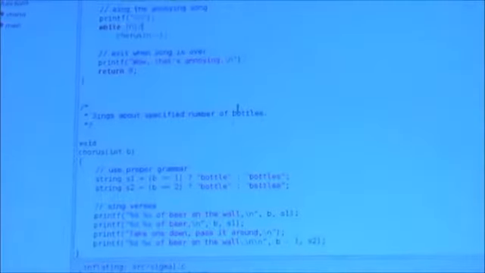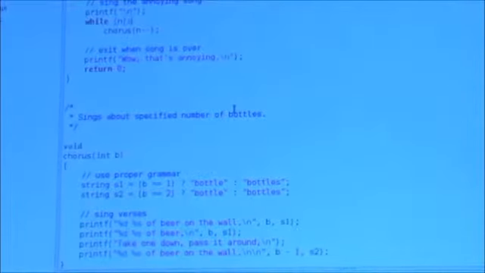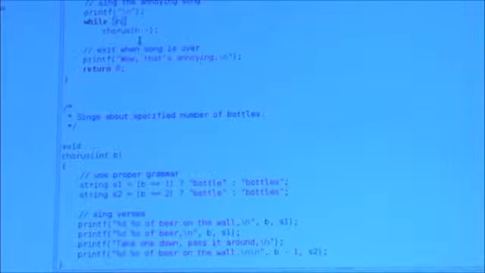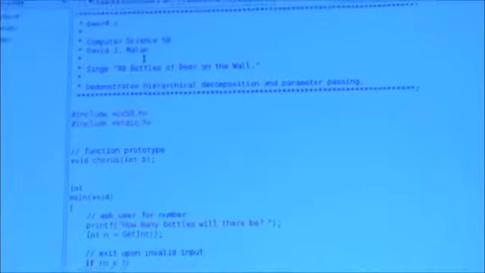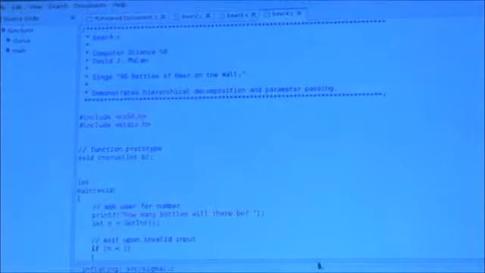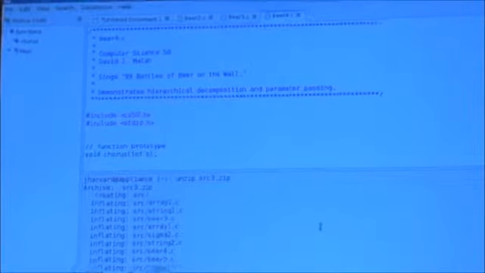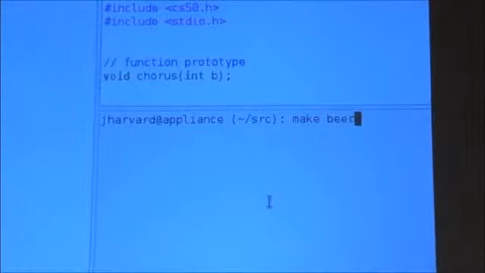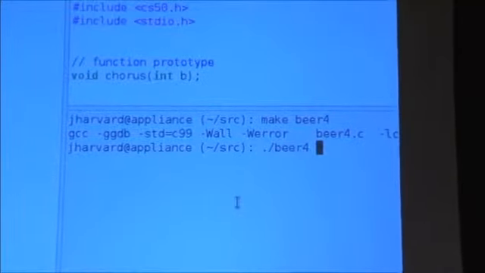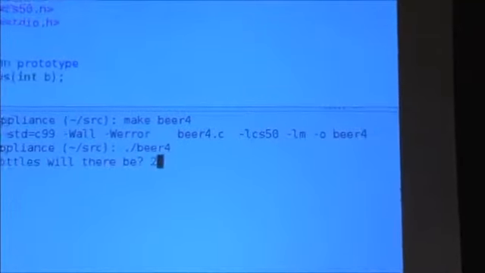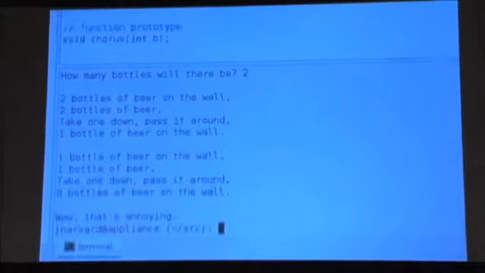In other words, let me do this. I'm going to undo all of the changes I've done in this example, just so we know I didn't screw it up, and it's back in its pristine form. And we'll come back another time to this syntax of doing the minus minus inside of the parentheses there. I'm going to go up to the top here. I'm going to expand my terminal window. And I'm going to go ahead and compile this thing, which again was beer4. So make beer4. I'm going to go ahead and run beer4, and I'll type in just 2 bottles to keep it short and simple. That seems to work.